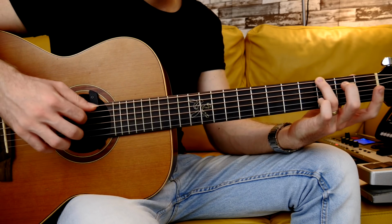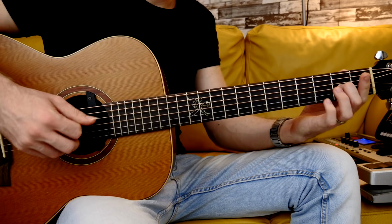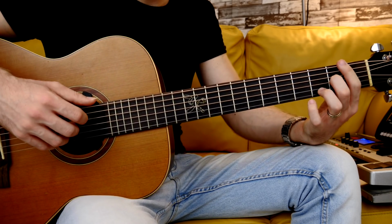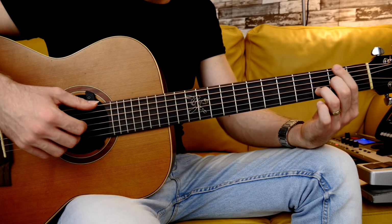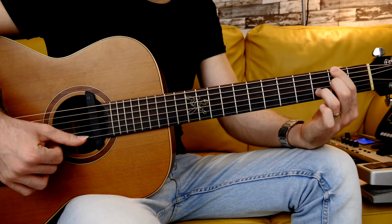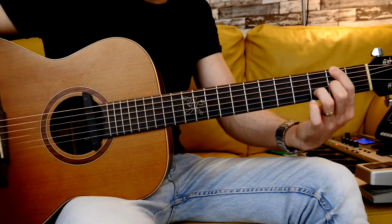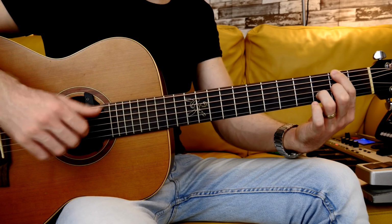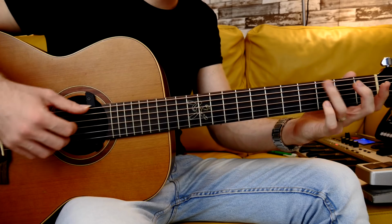Full arpeggio, half arpeggio, and then the melody on the G string open, and the G string fret number 2, and we'll play the D over F sharp, which is 6th string fret 2, the D string open, the G string fret 2, and the B string fret number 3. So 1 arpeggio, and then just a bass note. Go back to the G,